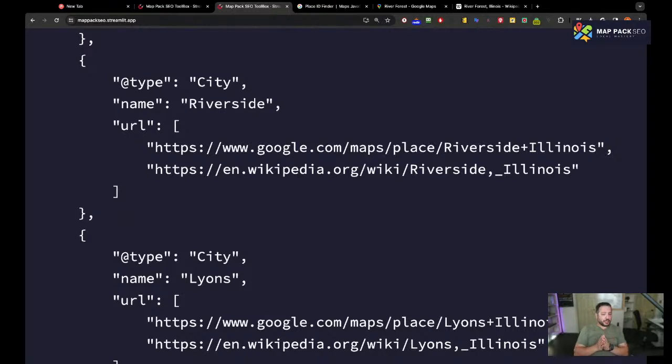The Mapback SEO tool does not have any limit right now. In V2, we're probably going to have a limitation. But right now, you pay $129 and there's no limitation at all. So that's one good thing. You could create unlimited schemas. You could create unlimited KML files, the My Map files.